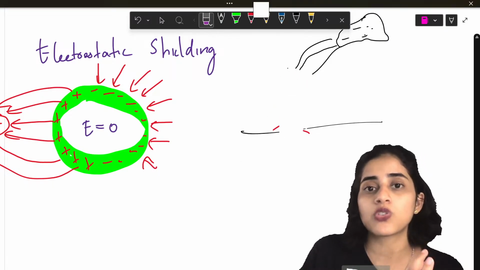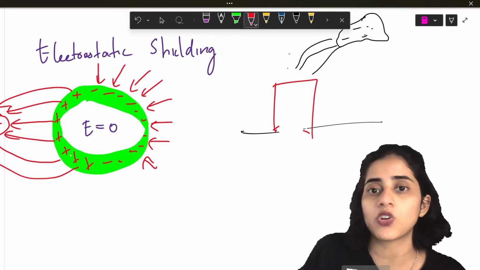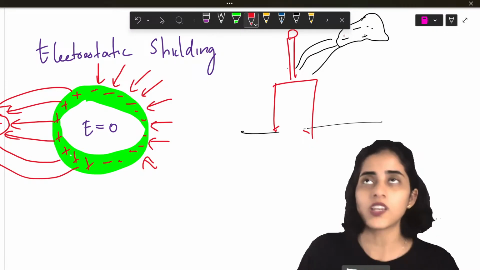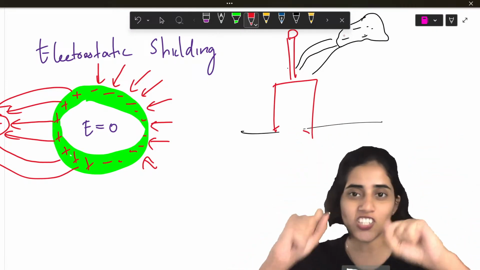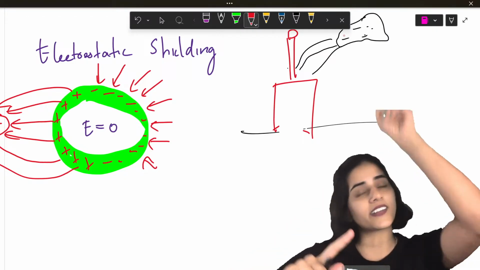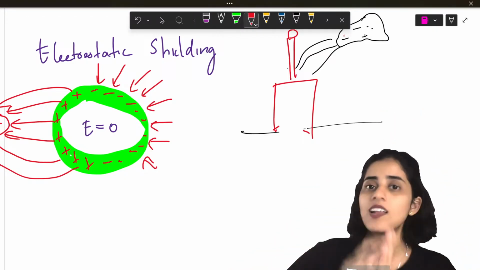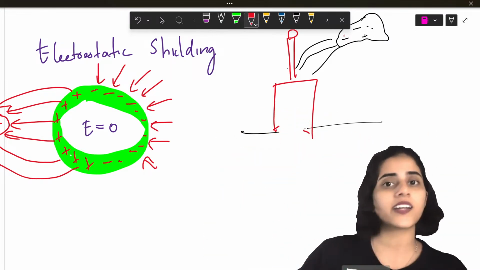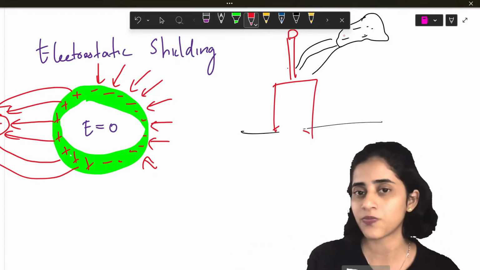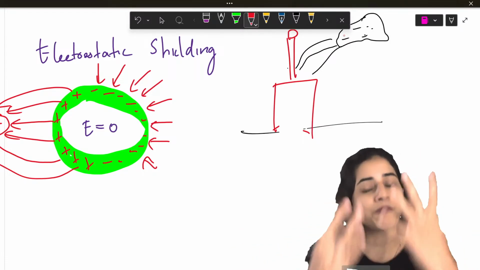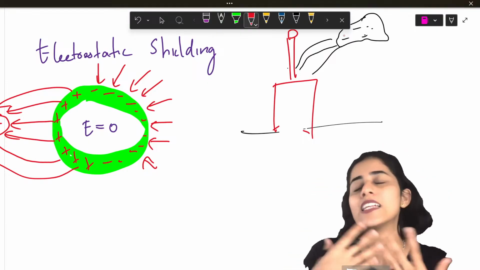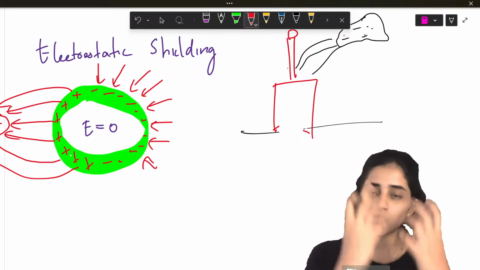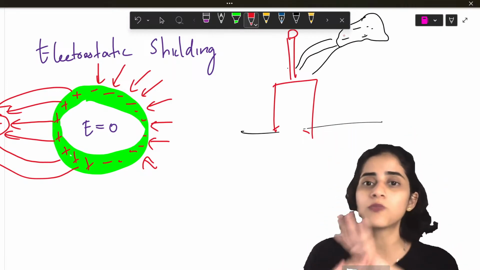Have you seen those poles on building tops? On top of buildings, there are thin, long poles. The advantage of that pole is that whenever this cloud wants to discharge and looks for a conductor, there's already a conductor at a very high position, which is the lightning detector. So all of the charges go into the lightning detector. It is directly connected to the earth, so it just goes into the ground. No harm to the building. It's like it's killing itself to protect the building. It doesn't die. It just allows all the charges to pass through it to the ground, protecting the building.